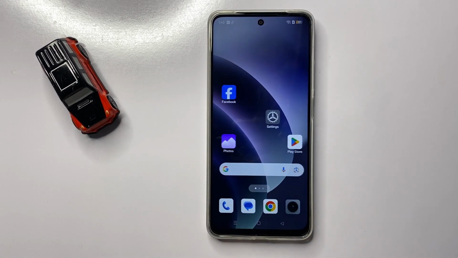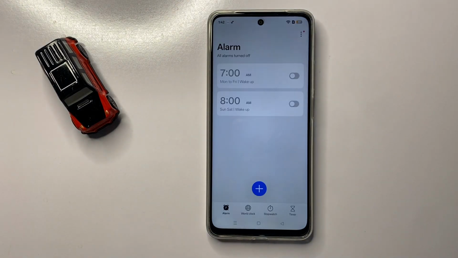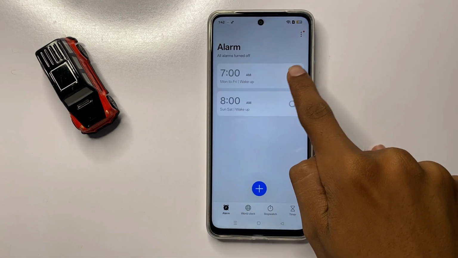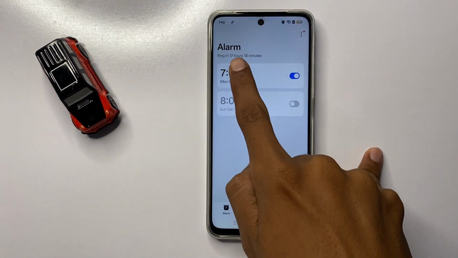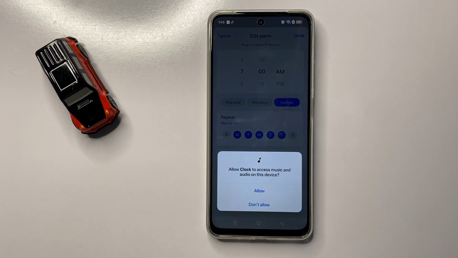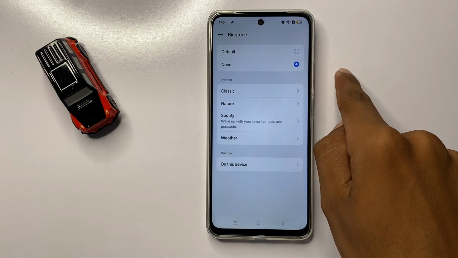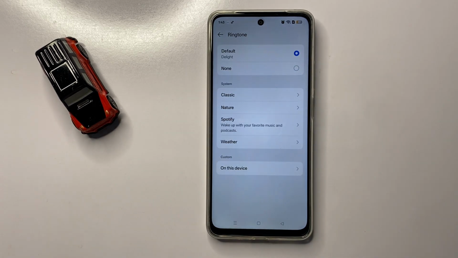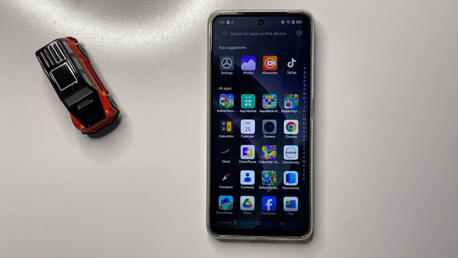First of all, open your clock app and then here you can see your alarms. First of all, allow your alarms. After allowing your alarms, turn on your alarms, click on the alarm and then click on ringtone. Now click on allow. If you see none selected, then select the default ringtone. After selecting the default ringtone, go back to your home screen and open